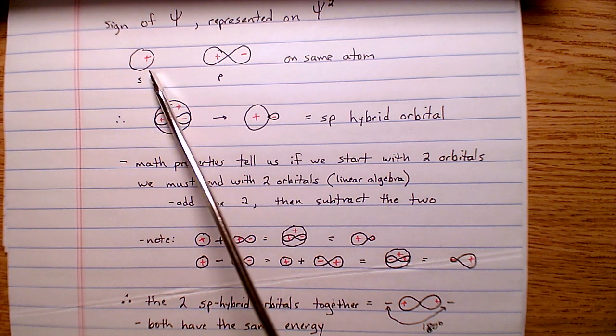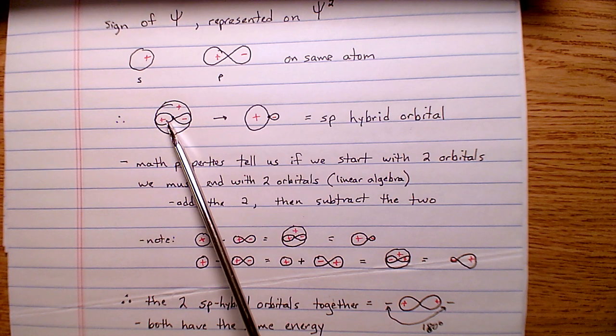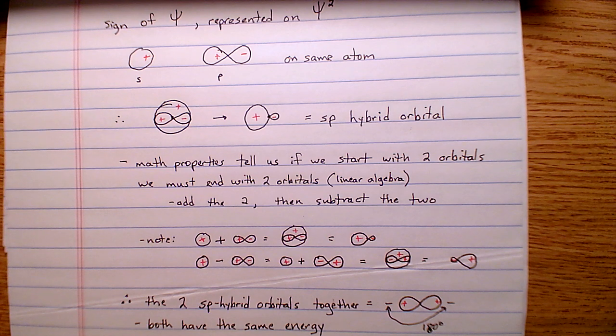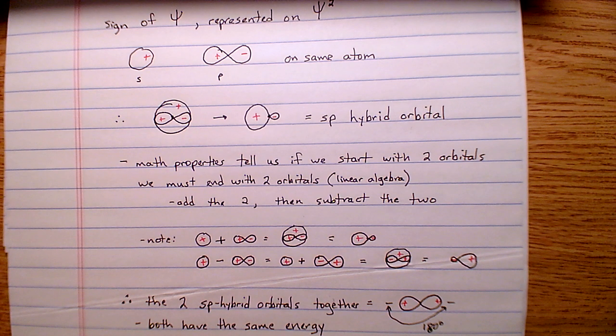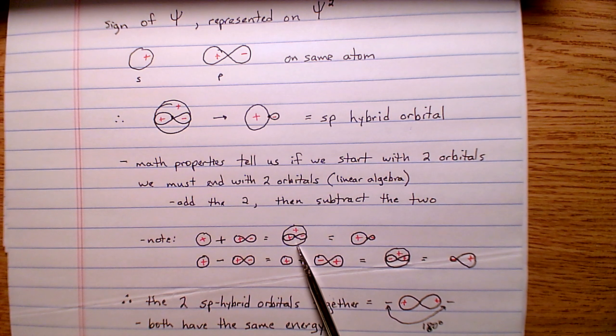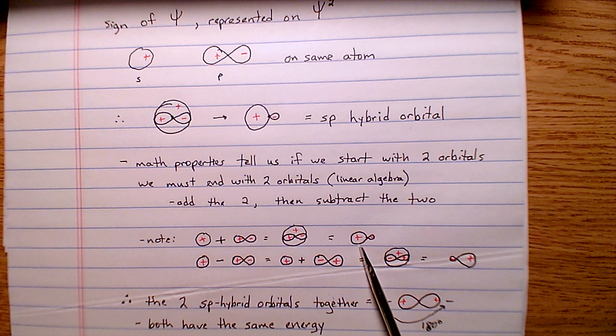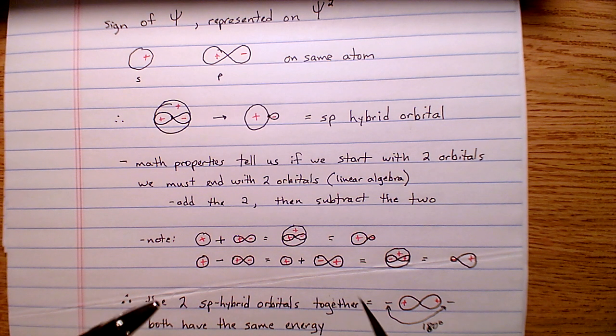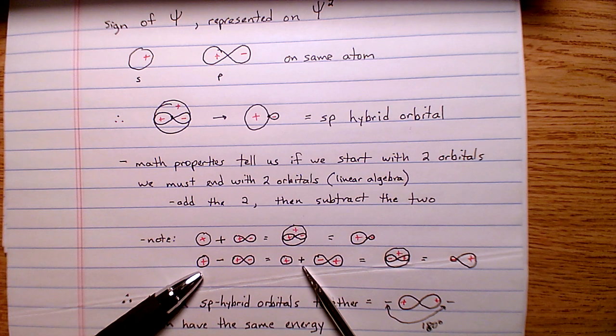So, here's my two orbitals here. I took the s and added the p to it to get this. Now I need to take the s and subtract the p from it. How do we do that? Well, let's look down here. It turns out positive s plus this p, that's what we did up there, gave us this type of situation, which gave us this sp hybrid orbital here. If I want to take this positive and subtract this wave from it, subtracting is the same as adding the negative. So I'm going to take this s orbital here, and I'm going to add the negative